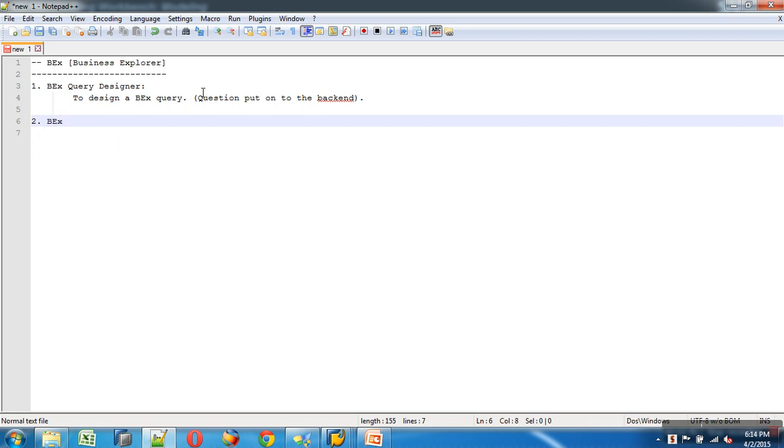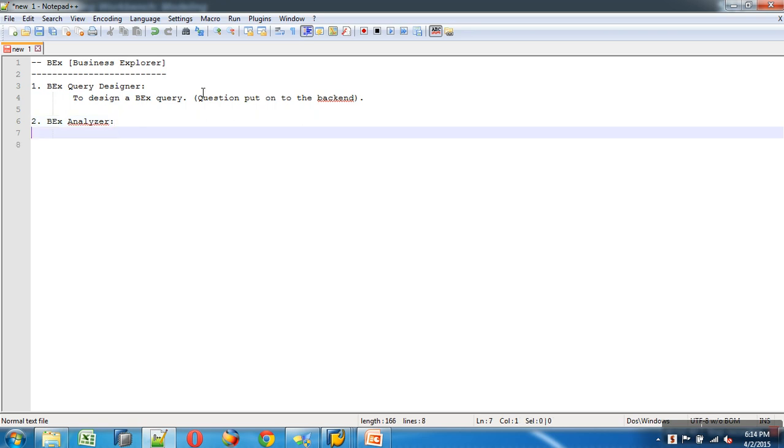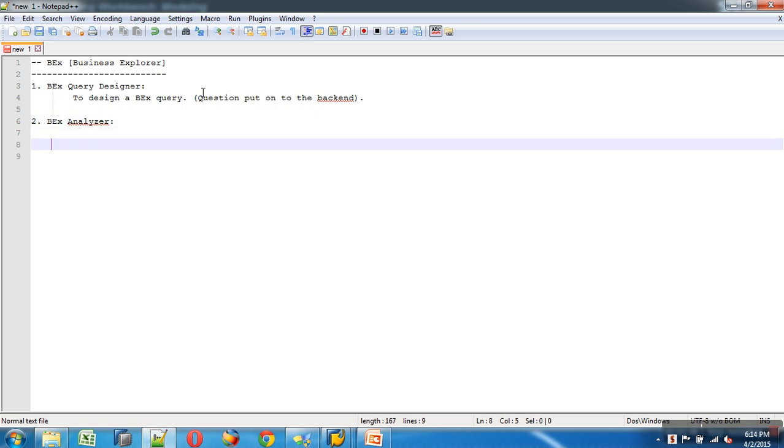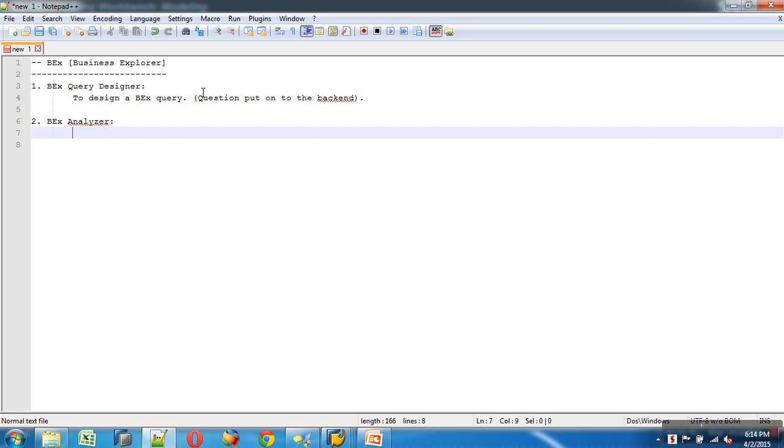Next, we have a component called BEX Analyzer, which is nothing but like normal MS Excel plus some add-on components. When you say BEX Analyzer, it's like normal MS Excel with some add-on components to it.